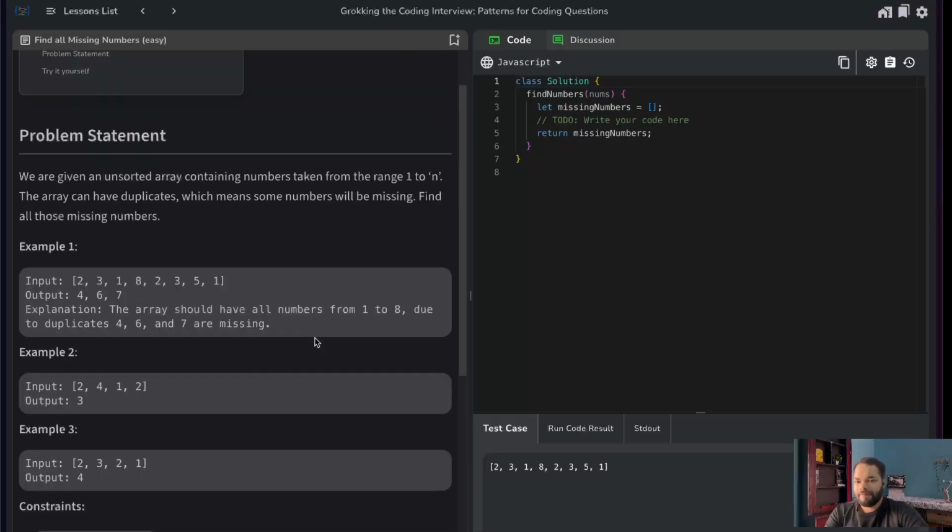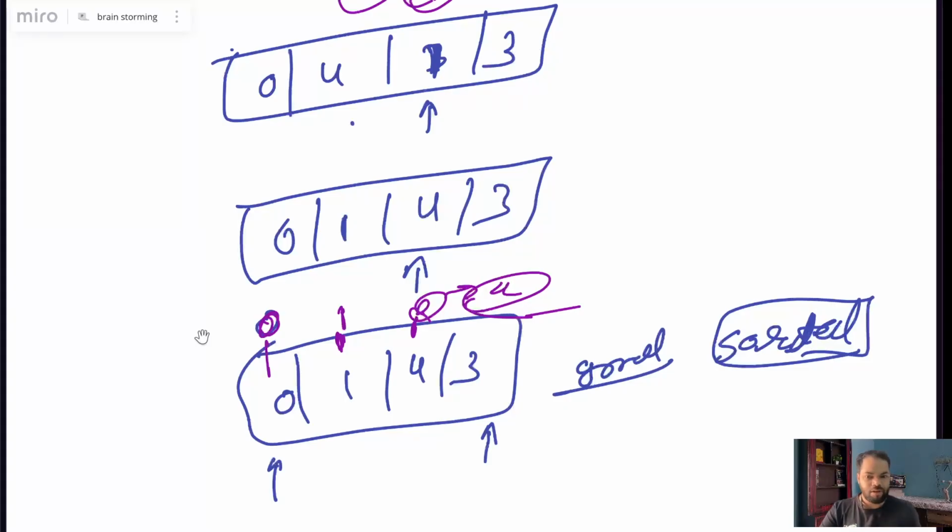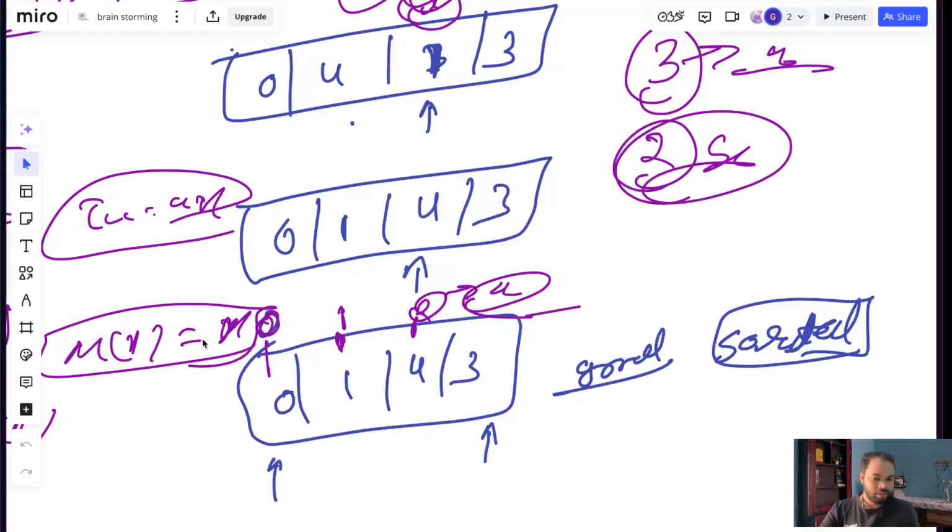We can start with a simple thing. And the simplest solution it could have. This is the same problem that we discussed already when we were looking at the cyclic sort pattern. I picked this problem and I solved it earlier. What I did is I solved it by using